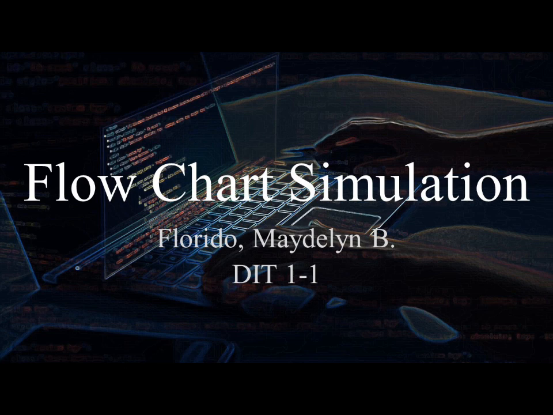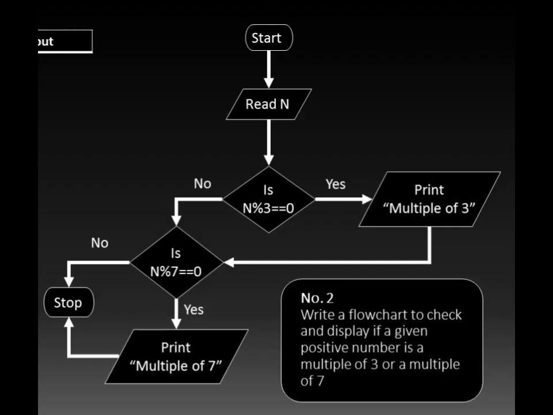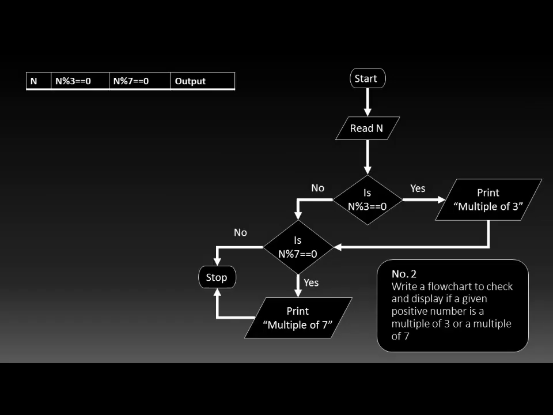This is my flowchart simulation. Number 2, write a flowchart to check and display if a given positive number is a multiple of 3 or a multiple of 7. So this is my flowchart and my variables are n, which stands for number, and n